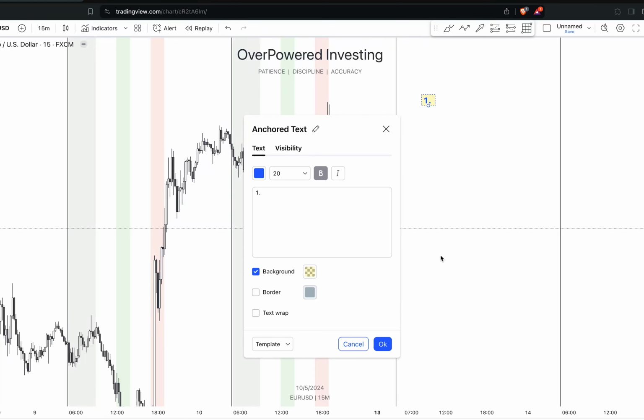Hello folks, in the next 10 minutes, I'm going to show you the four-step framework for how you can become a profitable trader in the next 30 days. Or at least you're going to set yourself up to become a profitable trader. So let's get started. The first step is the market